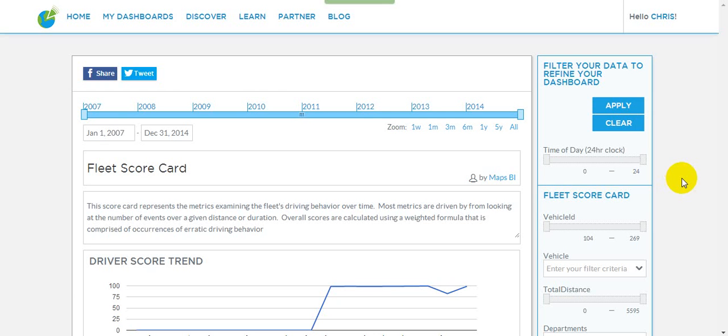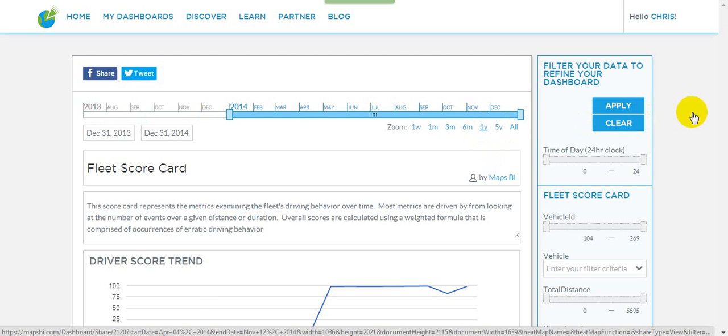I'm going to pretend that I'm a fleet manager, and I've recently joined a company, and I want to get a sense of how the fleet is performing around specific performance indicators. So we have a fleet scorecard dashboard here, and I'm going to pick a one-year time frame to see what's